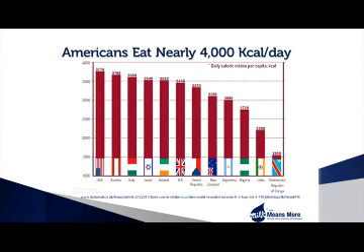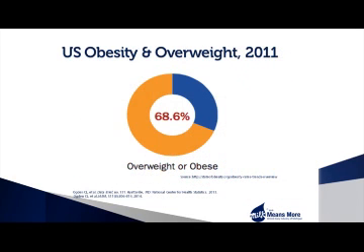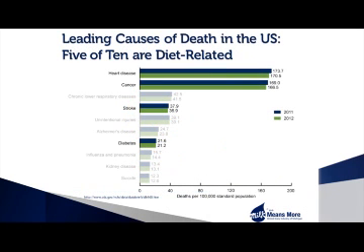Because the U.S. is the wealthiest country in the world, food is plentiful and Americans consume the most calories of any other population in the world. It's no surprise that the American population also is among the most obese in the world. In 2011, more than 2/3 of adults were overweight or obese. The prevalence of diet-related chronic diseases also is high in the U.S. 5 of the top 10 diseases, heart disease, cancer, stroke, hypertension, and diabetes, are associated with diet.